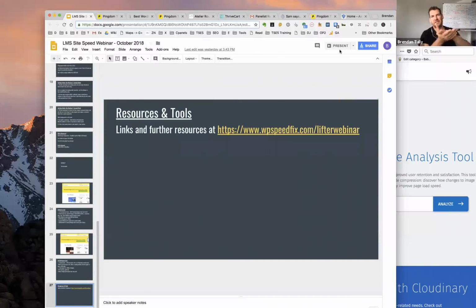What about combining the CSS files? If you have a lot of JavaScript and a lot of CSS, using the combining function will speed them up in some cases. But what will speed them up even more, that none of the speed test tools right now talk about, is the HTTP2 protocol. To explain what that new protocol does, in effect, it does 2 main things. So with version 1.1, on the Lifter site, I think we had 166 things that needed to download